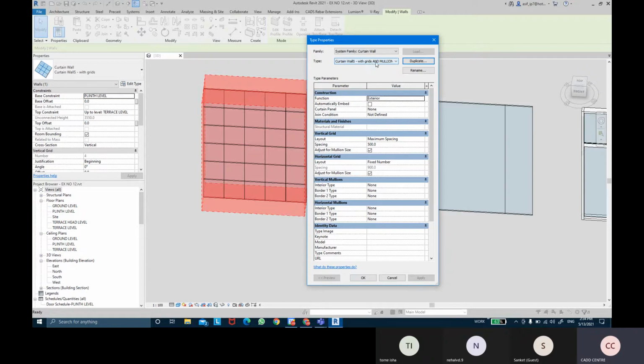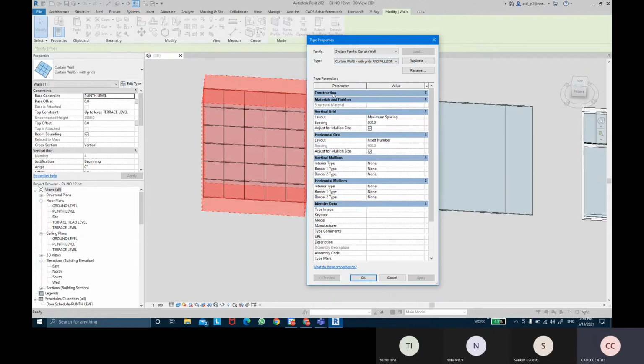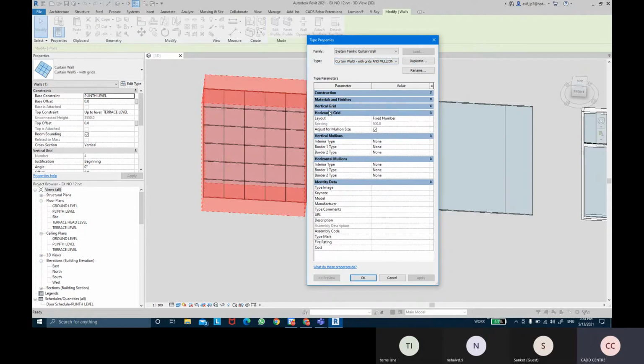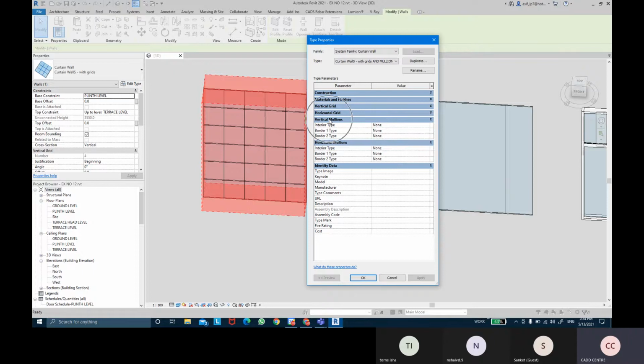Now if you look into the type parameters dialog box, we have vertical mullions and horizontal mullions available. That means I can place all vertical mullions and all horizontal mullions as well. In vertical mullions, we have three options available: interior type, border type 1, and border type 2.